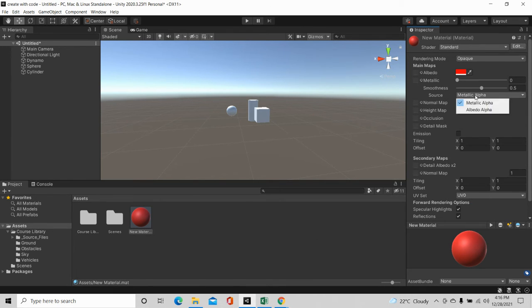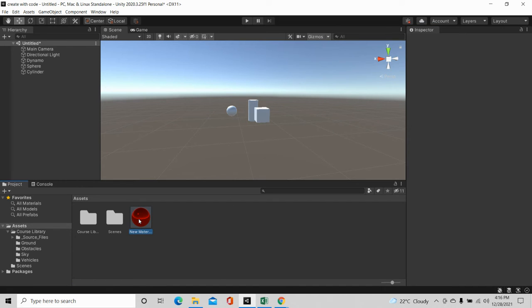You can also change the metallic nature here. When you increase the metallic value, you can see that it has become metallic. You can also increase the smoothness, so that it looks dark red, and we have made a kind of reflecting material. In order to assign it to our gaming object, just click here and drag it to the selected gaming object. So you have changed the color.